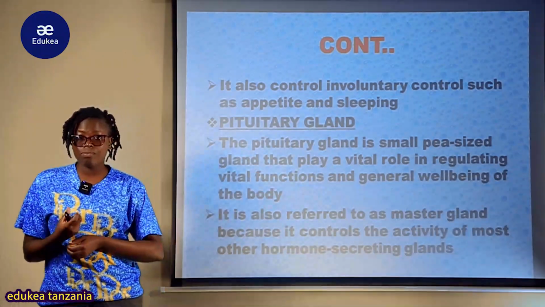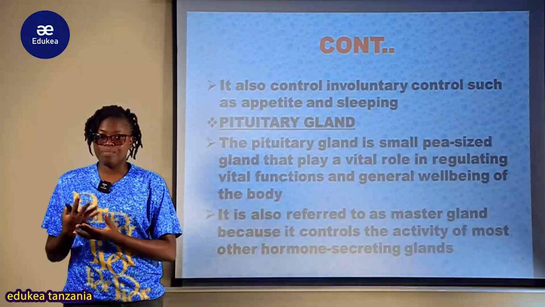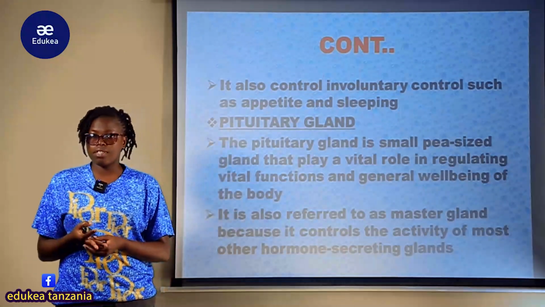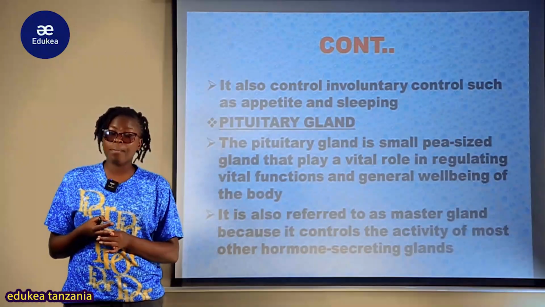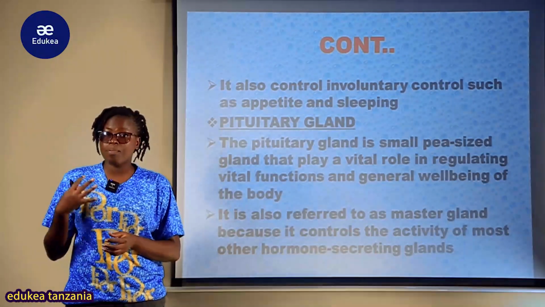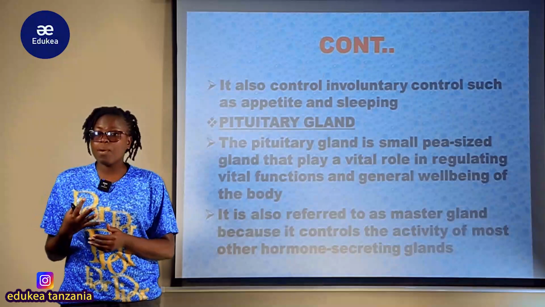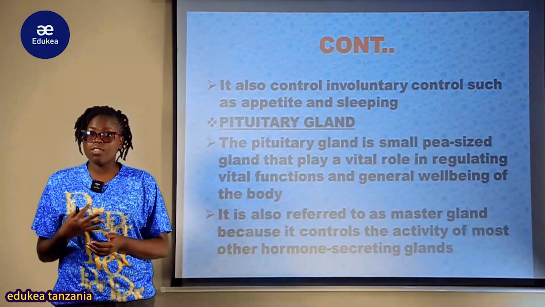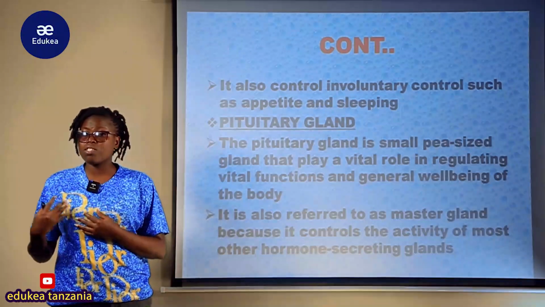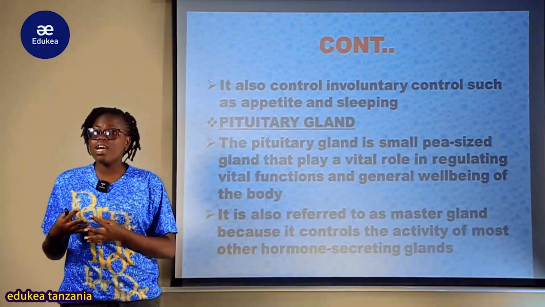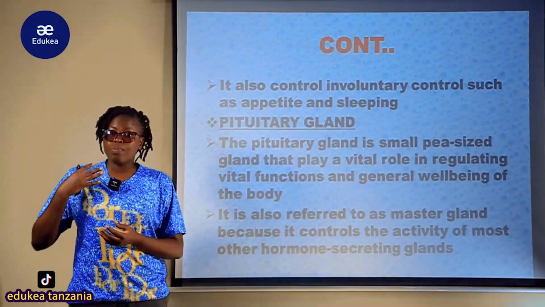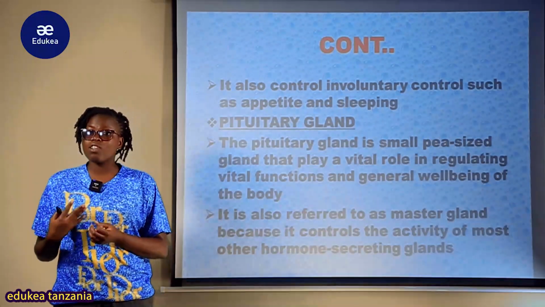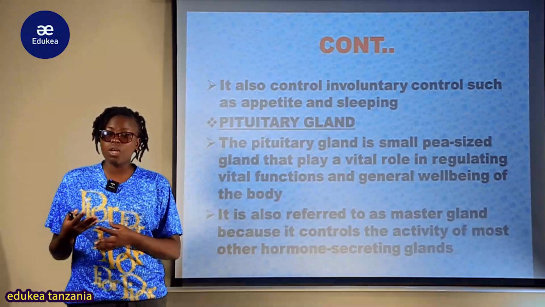For example, during the ovulation process, the gonadotropic hormone is released when there is the need for the secretion of the follicles. So the gonadotropic hormone goes to stimulate the anterior pituitary gland to stimulate the follicle stimulating hormone, which will result in the development of numerous follicles, in which only one of the follicles